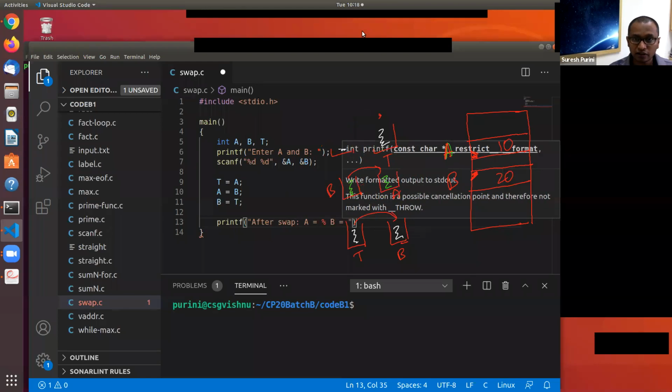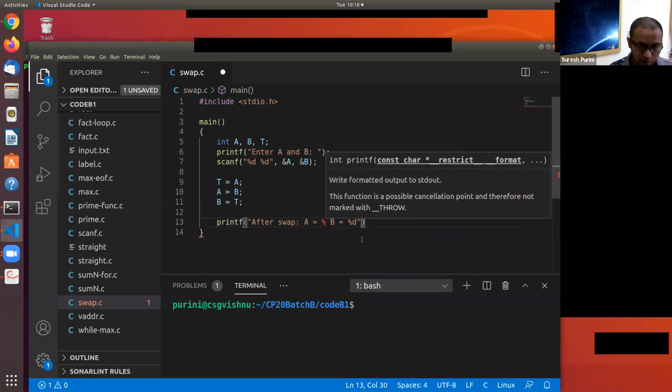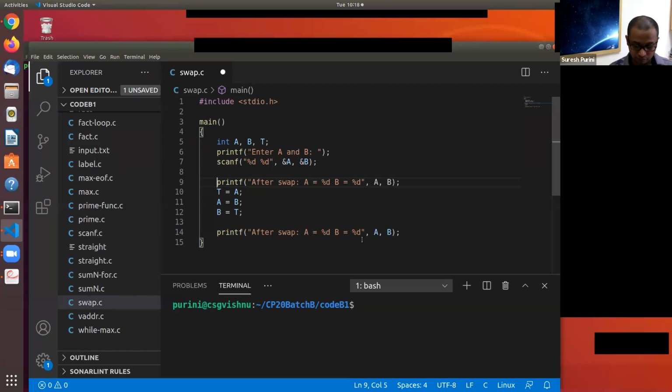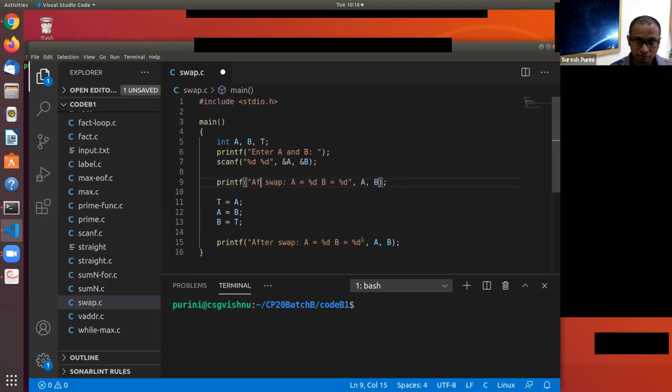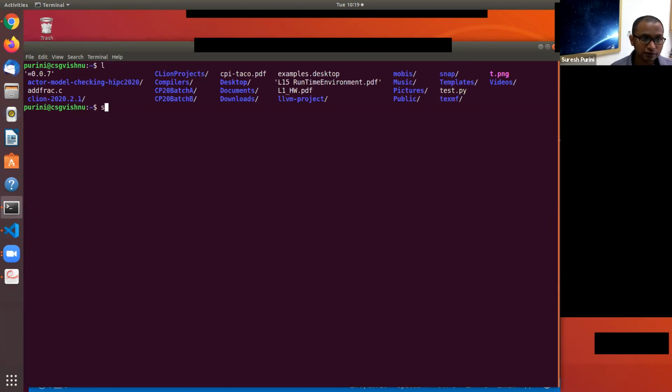Let me erase all my drawings here. Let's compile this code and run it. Okay, let's see what happens.